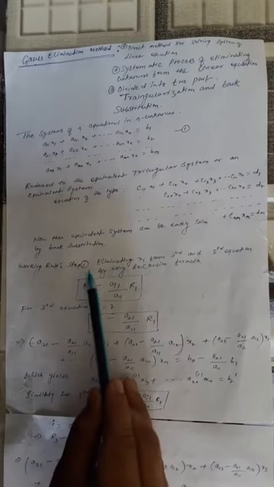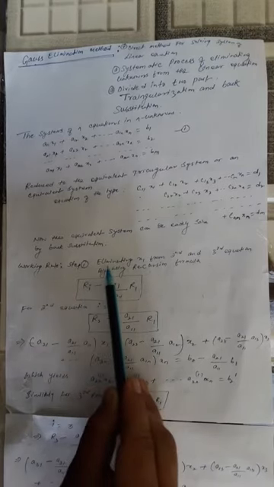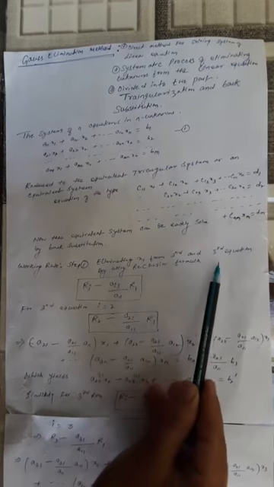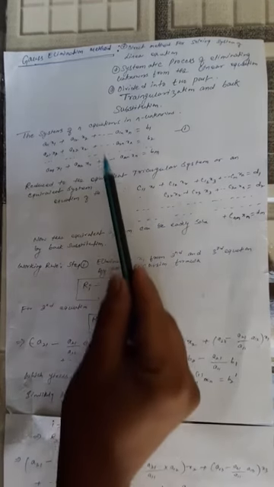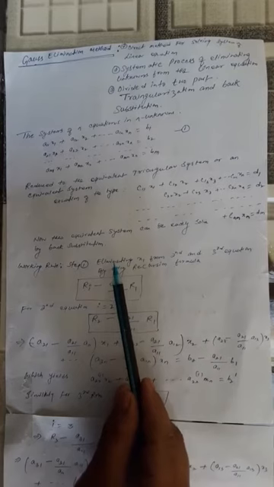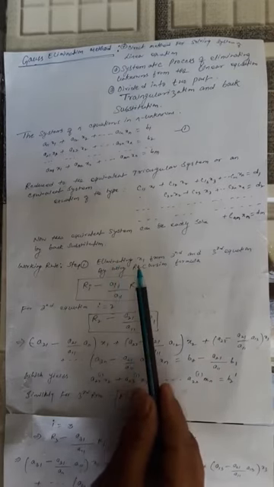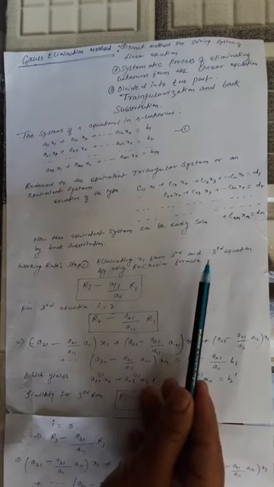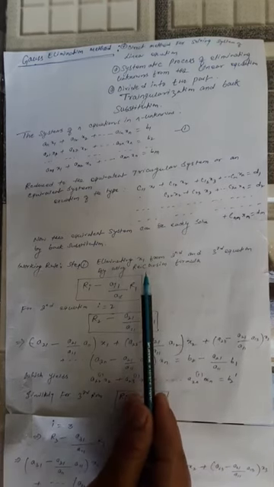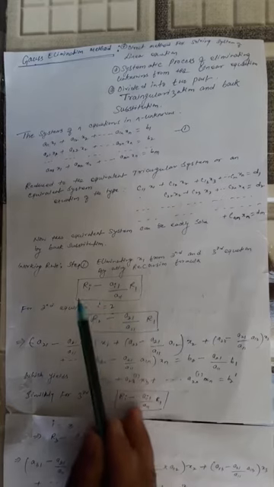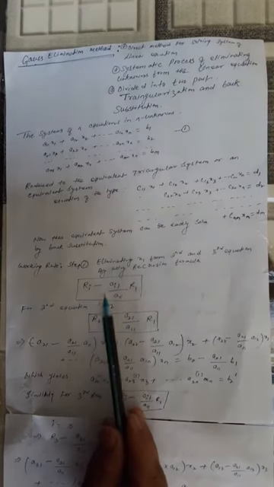So let us discuss the working rule. The first step is to eliminate x1 from the second and third equations. When we consider only three equations, or a 3 by 3 system, we have to eliminate x1 from the second and third equations. In order to do that, we have to use a recursion formula.